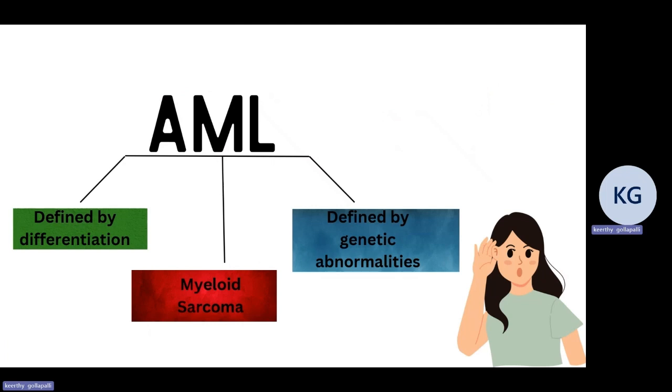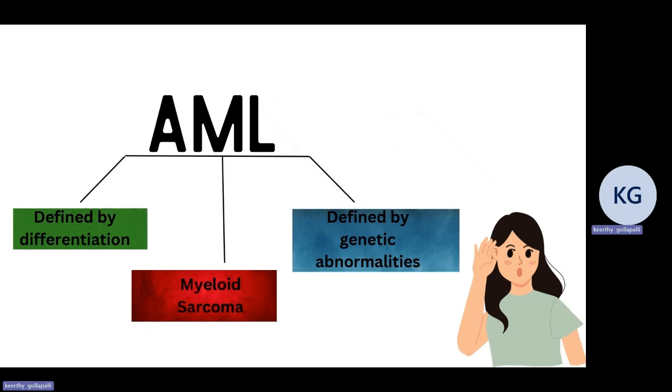Basically, for any acute leukemia, we need a blast count of more than 20%, right? If you have a myeloblast, we call it acute myeloid leukemia. If you have a lymphoblast, we call it acute lymphoblastic leukemia, right? Now, coming to the classification, the recent WHO classifies acute myeloid leukemia by morphology and by genetic abnormality. When this myeloid leukemia infiltrates extra-hematopoietic organs, we call it myeloid sarcoma,